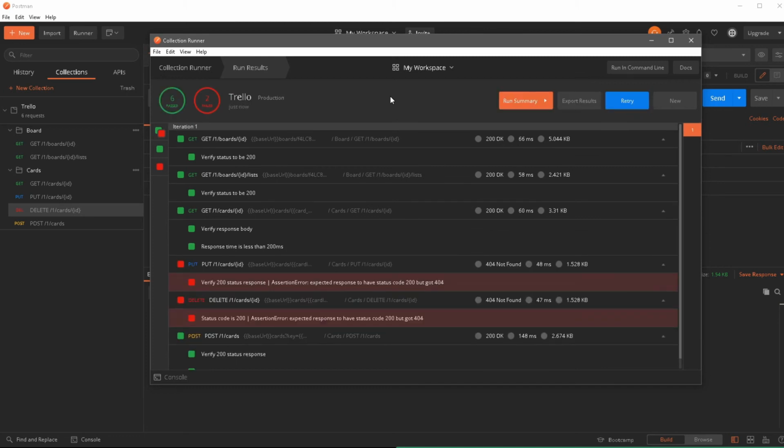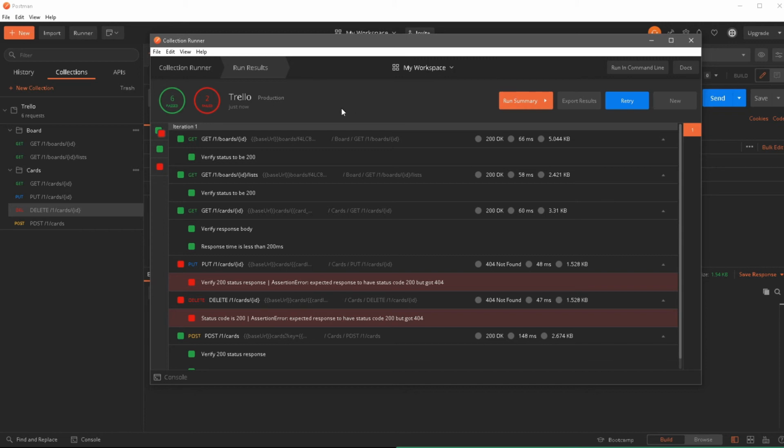So that's why we don't want to be creating a test so that if someone ends up deleting that, it would fail again. So we want to create a test as dynamic as possible so that we can run it as many times as possible. Even if we delete it, it doesn't matter. At the time of collection running, it should be able to create a new card ID and then run that, or basically use that card ID. All right, if you guys are confused right now, don't worry. Let's fix this problem and then you will understand what I'm trying to say.